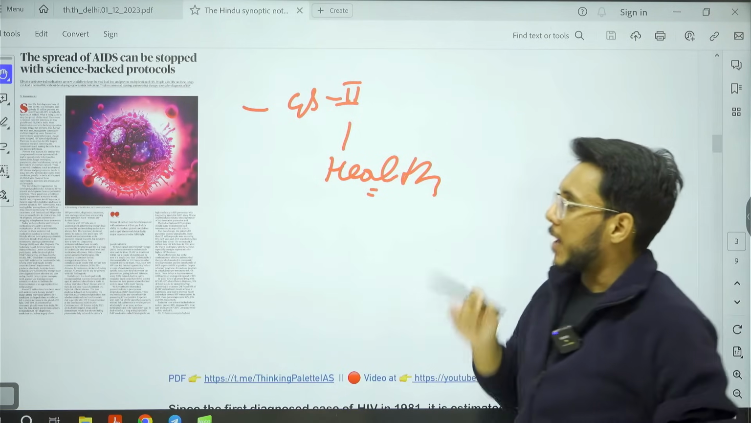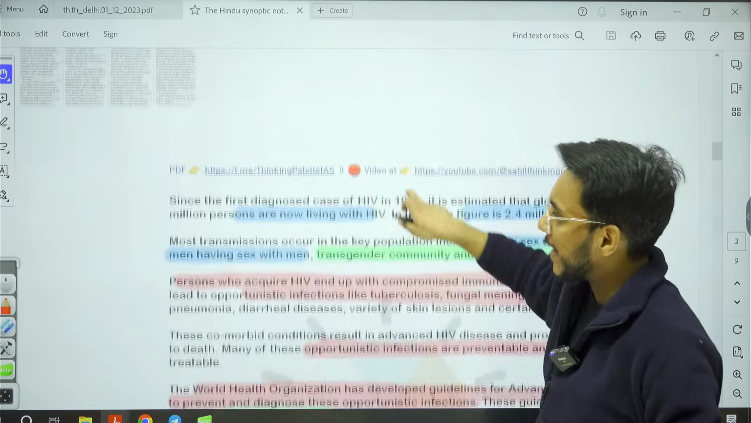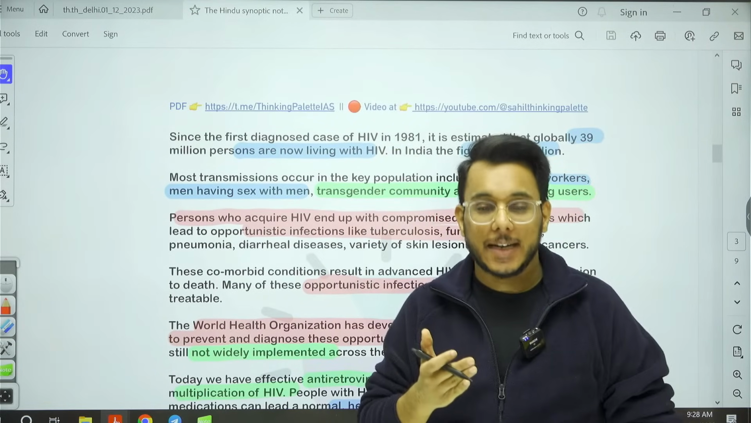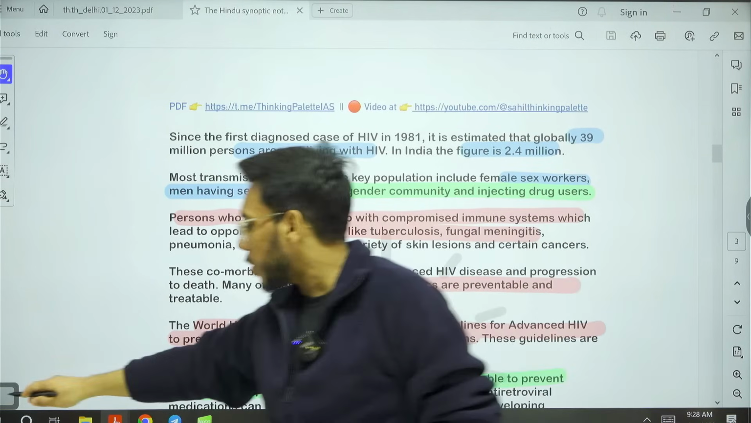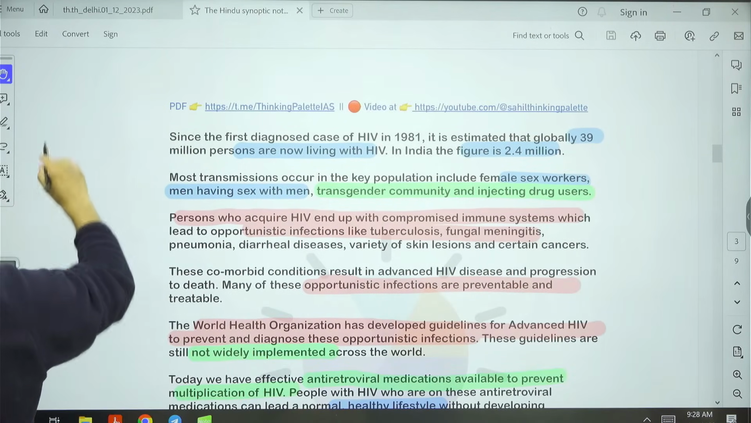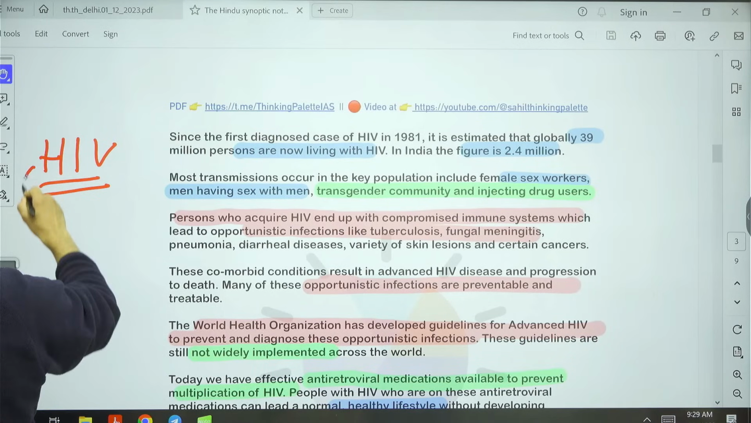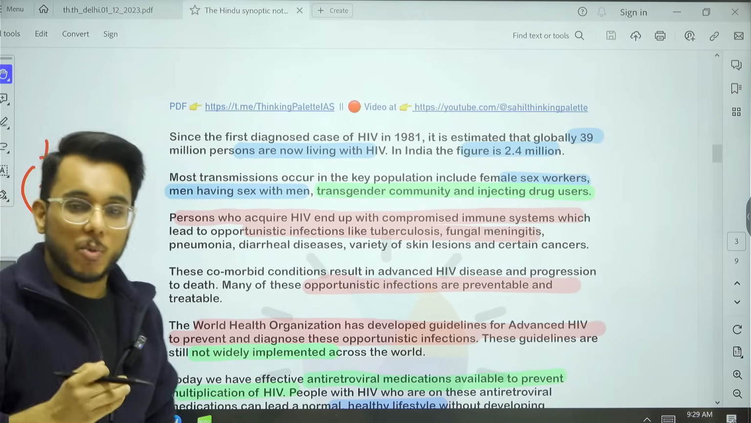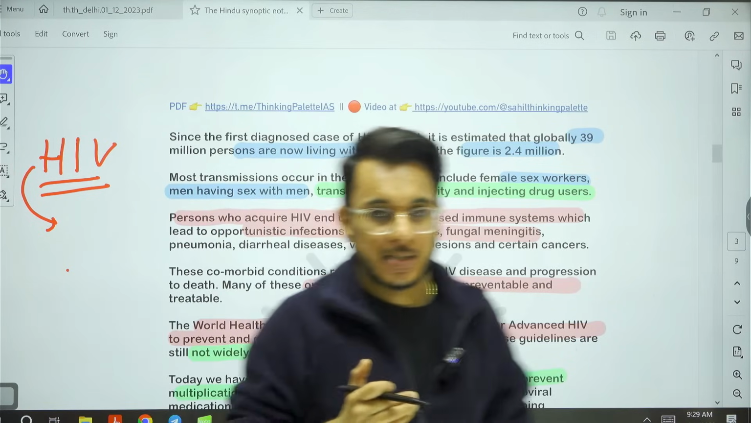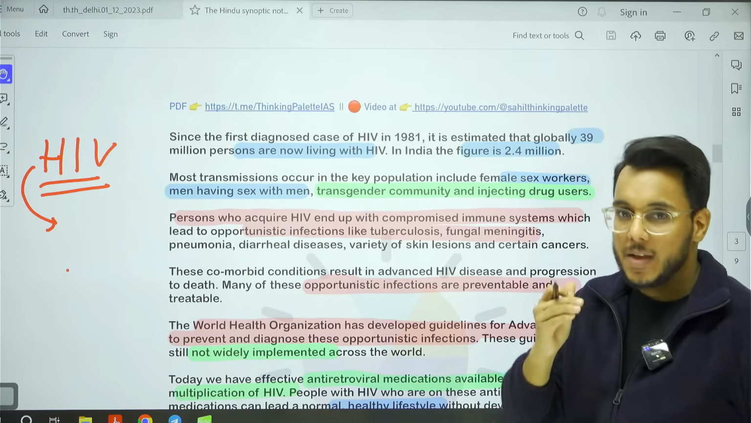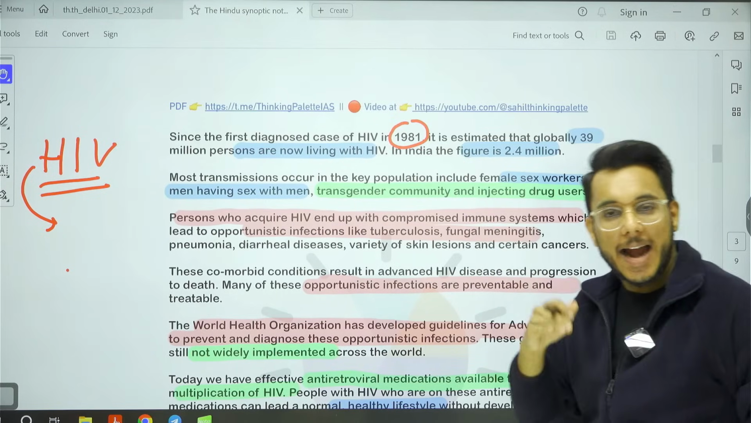Okay. Now, basically this particular article, guys, is talking about the spread of AIDS and how, with the help of government interventions, AIDS could be mitigated. First of all, guys, when we talk about HIV/AIDS, HIV stands for Human Immunodeficiency Virus. The first case of HIV was identified in 1981, and post 1981,